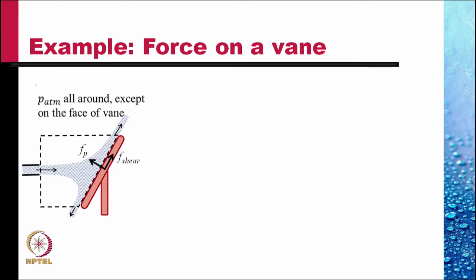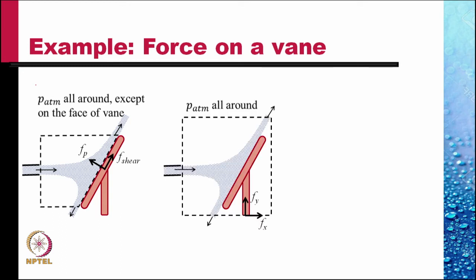So, we may choose a control volume like this. In this case, there is atmospheric pressure all around, like there was in the first case as well. The jet of water is out of the nozzle, so it will have a pressure equal to atmospheric at all three locations. And then the solid forces within the support of the vane would become external forces, Fx and Fy, as shown. This is a fairly good control volume,